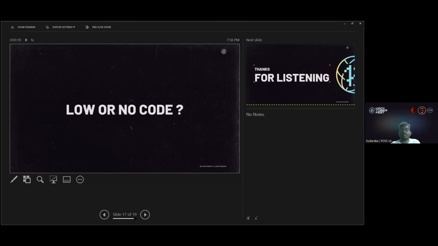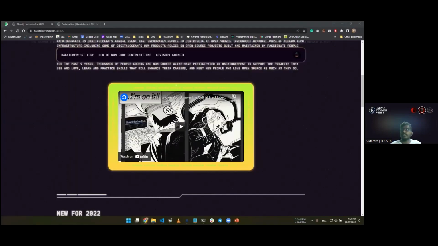Because when we look at open source, there are several projects, and even as developers you know the importance of open source projects, because even the frameworks you are using exist because of their being open source. So these are the things I needed to mention to you today.